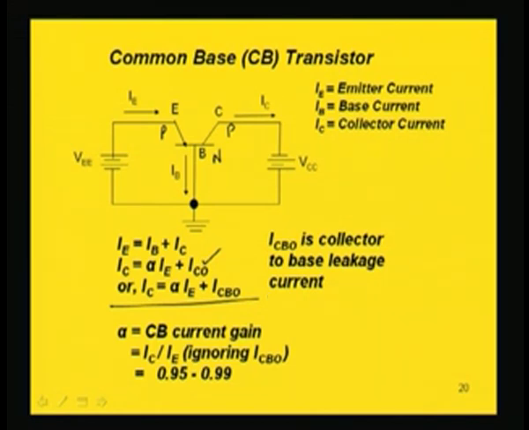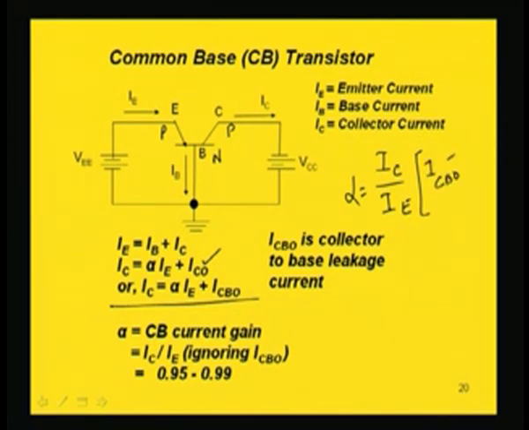If we know alpha, that is the current amplification factor for common base transistor, it is called, and alpha is IC by IE. If we ignore this ICBO totally, ICBO is very small, and in active mode of operation it is so small that we can neglect it or ignore it and write down the collector current representation as alpha times IE only. Then alpha will be equal to IC by IE,